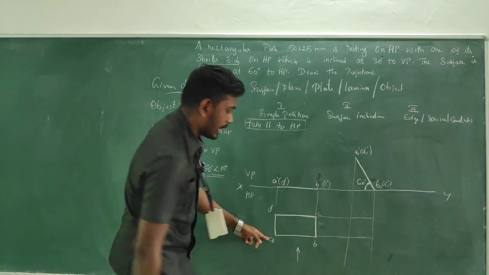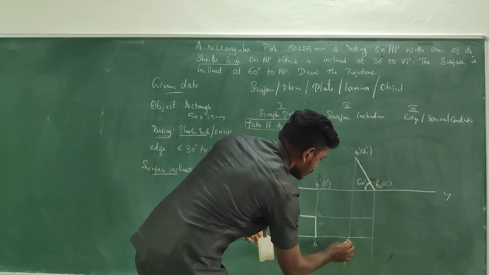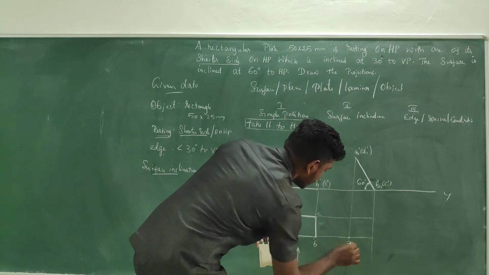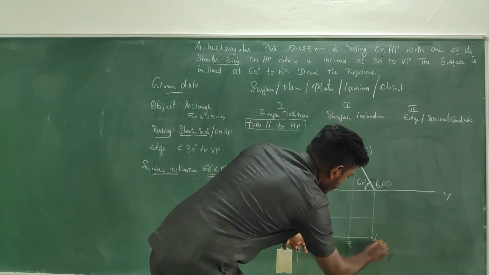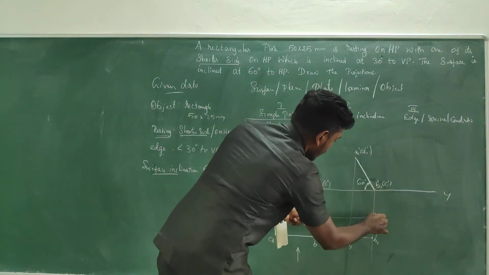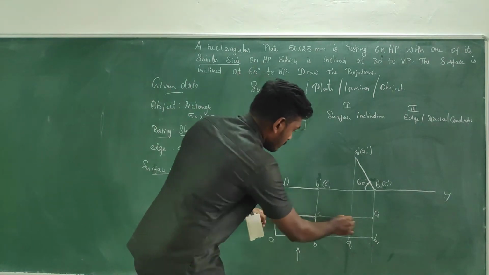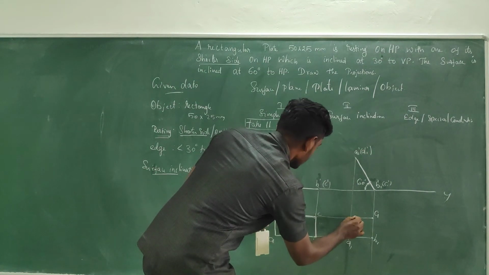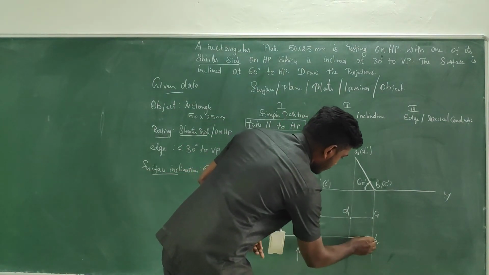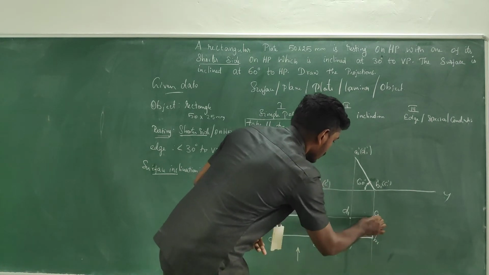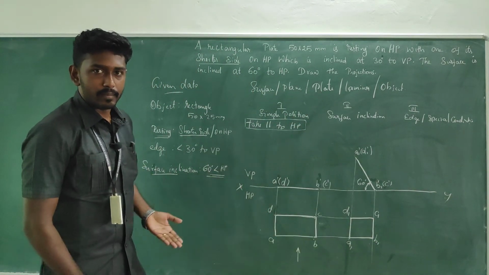Here A comes from the horizontal projector, and the vertical projector comes here. They intersect at this particular point, so this becomes A1. Here is the horizontal projector for B and here is the vertical projector, this becomes B1. And here is C, from the vertical projector it is meeting here, this becomes C1. And for D, horizontal and vertical, this will become D1. If you connect A to B, B to C, C to D, and D to A, you get the skewed image of the rectangle. What is next?